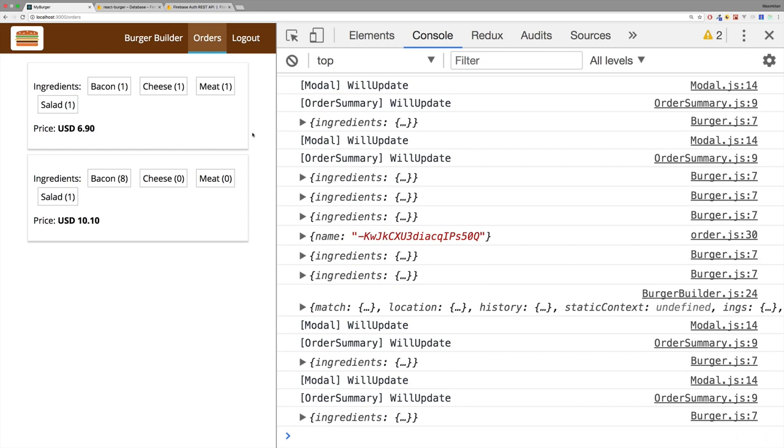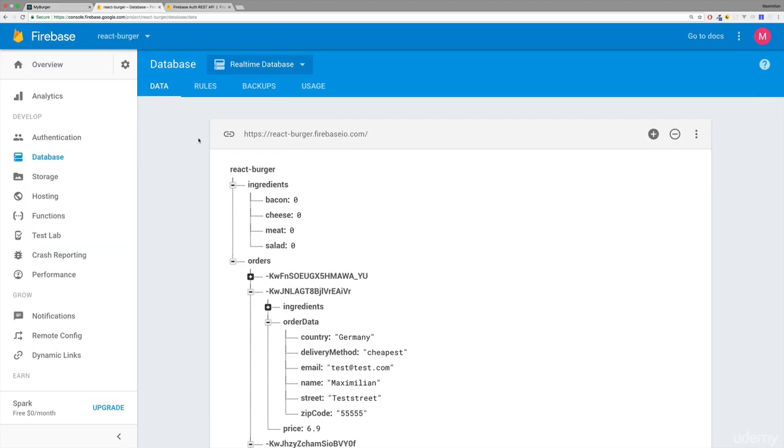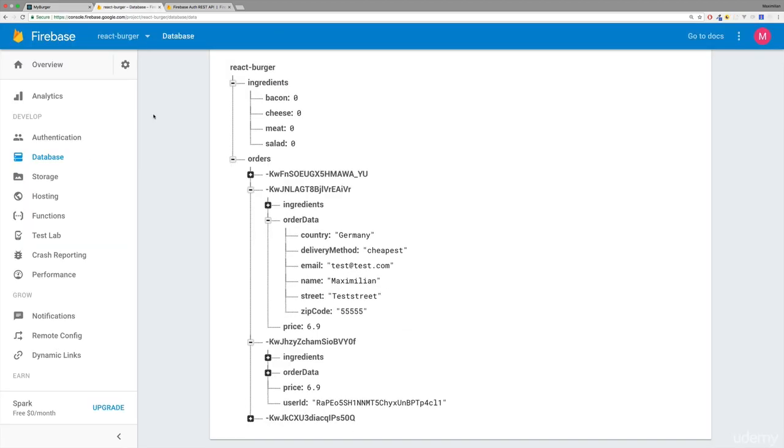So now we only get the data and we have no chance of accessing data that doesn't belong to our user. Now this example is of course only showing this with Firebase, but on your own backend, you probably have your own filtering logic, either returning only user-related data from the server anyways by checking the token you pass along, or by also giving you some query functionality as we used it here.